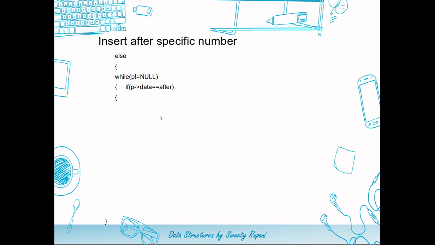If the data part of p equal to after, it means I found the desired data. In that case, we will store the address of the current pointer p's next node in the newly created node, and the current pointer p will get a new address from the newly created node, followed by which we will break this while loop because we don't want to continue once our insertion is done.